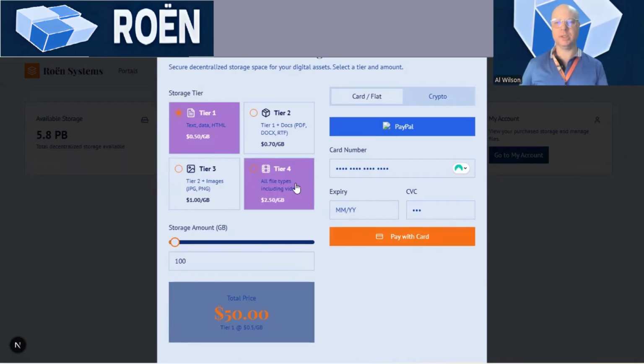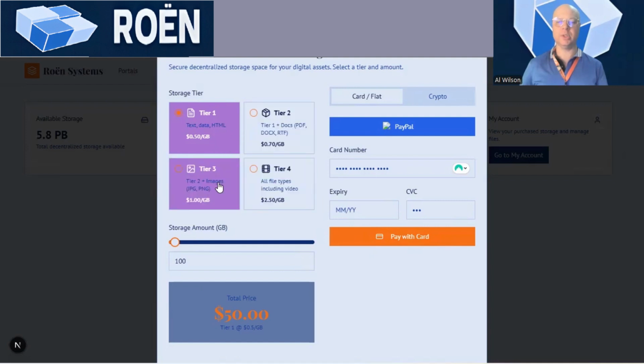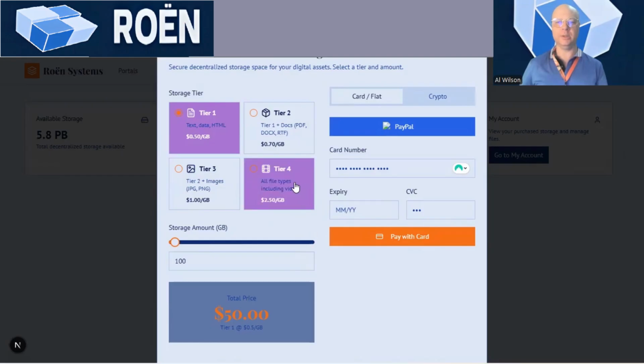We have a 4-tier system ranging from text data and HTML to include PDFs and images all the way up to all file types, including video, which requires greater bandwidth and storage space. Our payment options include popular cryptocurrencies and fiat currencies with PayPal and card options. Now, fiat payments are limited to $5,000, and upon requesting, we can arrange for greater purchase amounts using the necessary